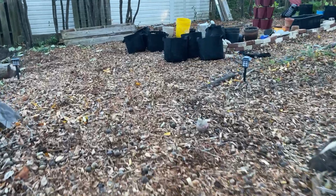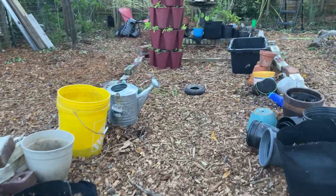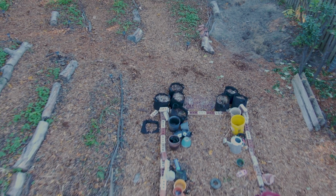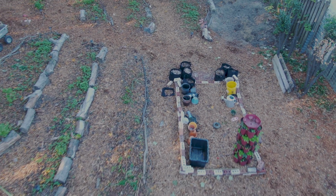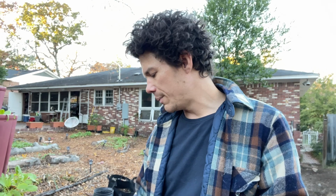When I say the greenhouse area, it's definitely a work in progress. We had some bricks laying around the side of the house. I kind of just laid them in a rectangle. We made a fire in the middle of it to burn down all the weeds that were in that area, and then just left the charcoal there to be a biochar layer, and then covered that up with mulch. We don't have a greenhouse right now, but we're planning on getting one, and this is just the spot